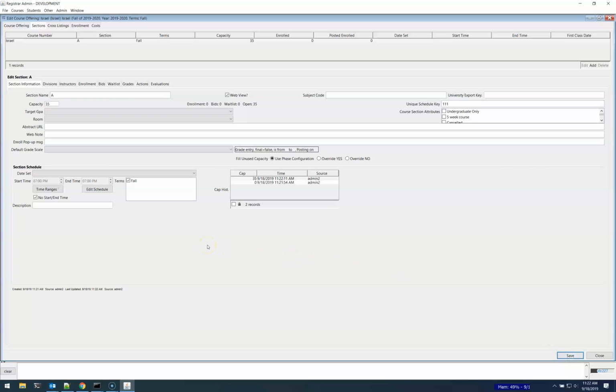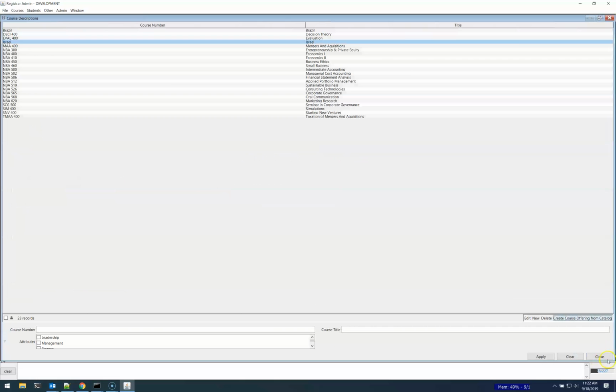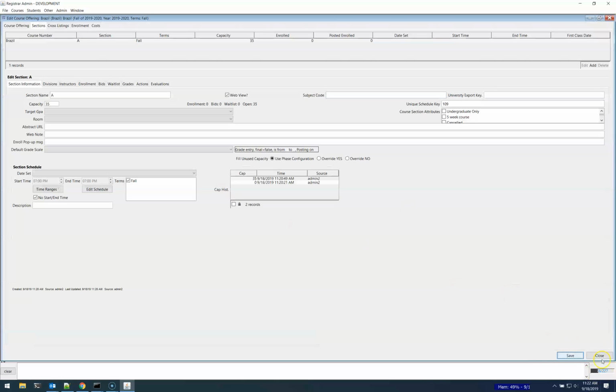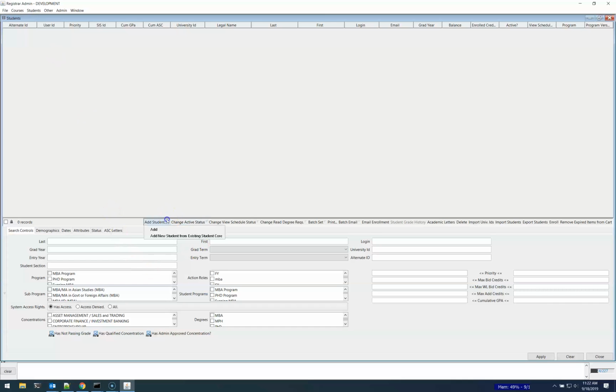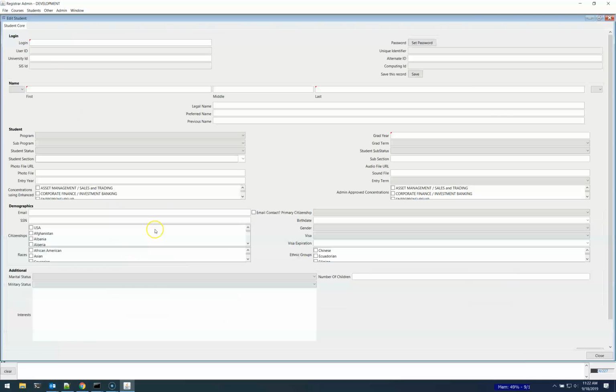So now we've got these two sections, and we need to create 2 new students. All right, so let's go here. I'm just showing you this because all of this is going to be set up already in Terry's when you get to Terry, but just so you understand. All right, so I'm going to add a student, and we're going to call him Drab D, and he's going to be David